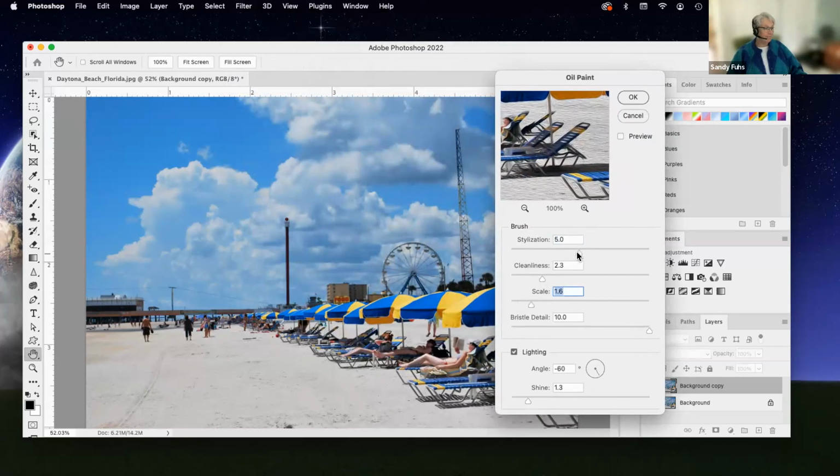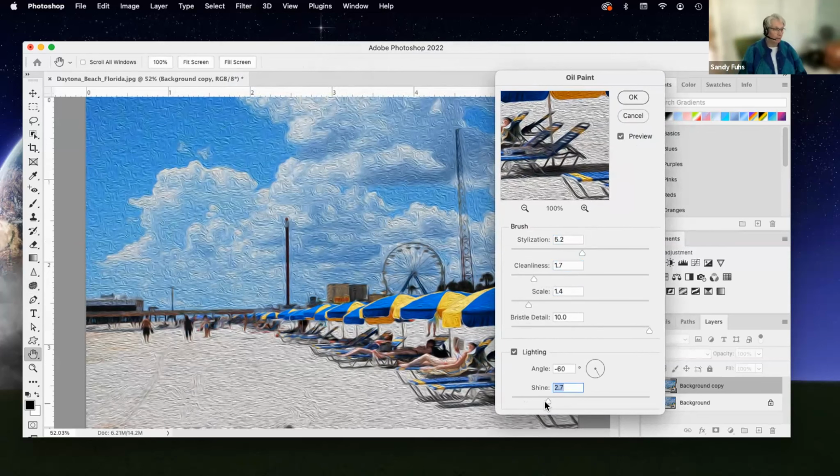Problem is, it almost doesn't really look like an oil painting. It's maybe a Van Gogh of some sort with weird swirls in it. But playing with all of these functions, I still can't necessarily get it to look like a real oil paint